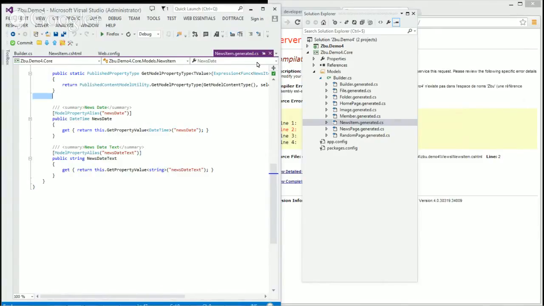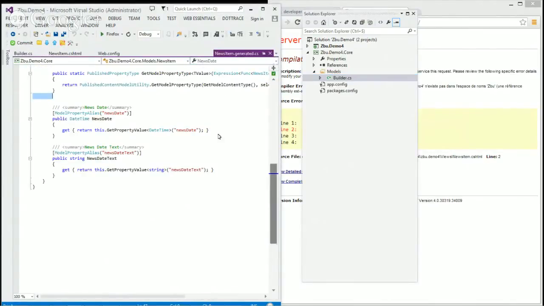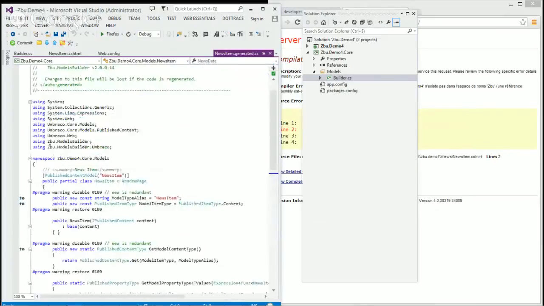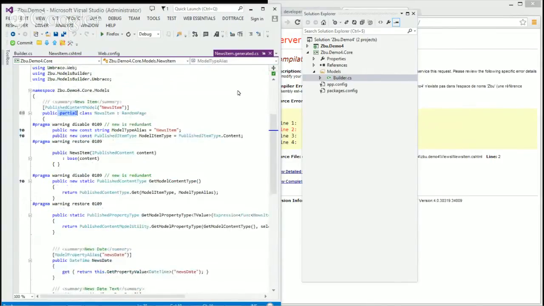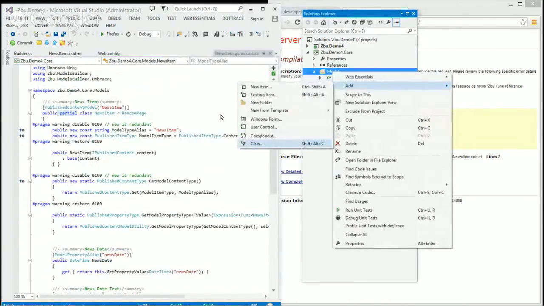The interesting thing that you can do once you're running in Visual Studio is that if you look at that class, it is generated as a partial class. So we basically generate a partial class, but if I want to add a new property to this news item model, how would I go about it?